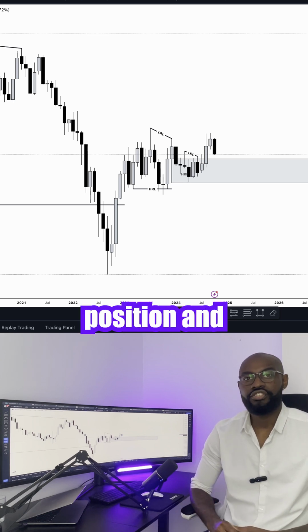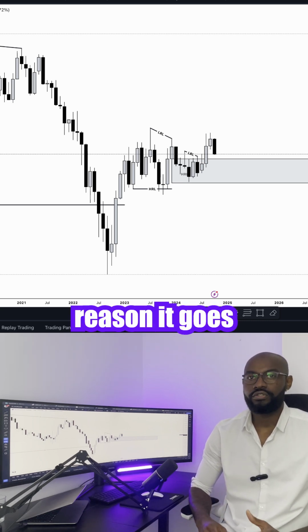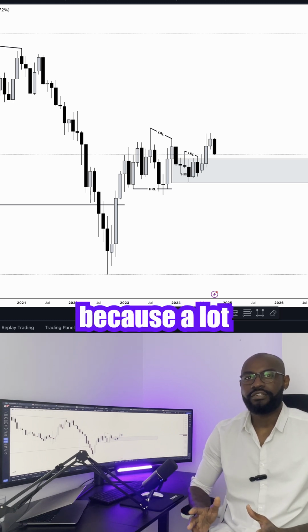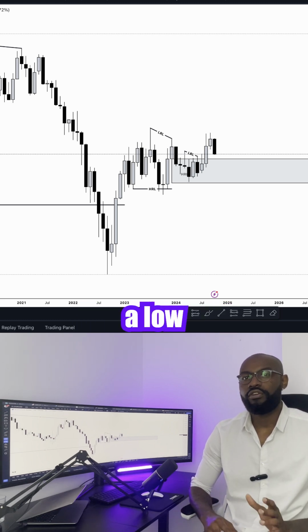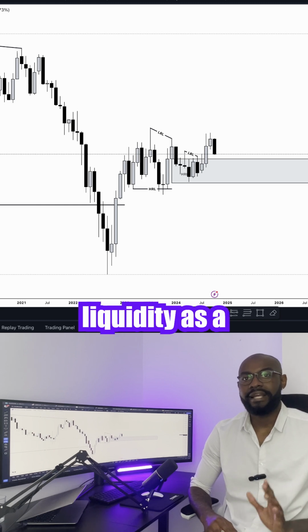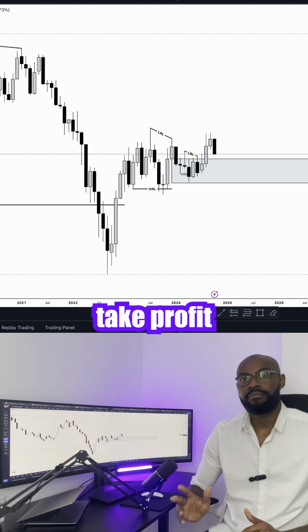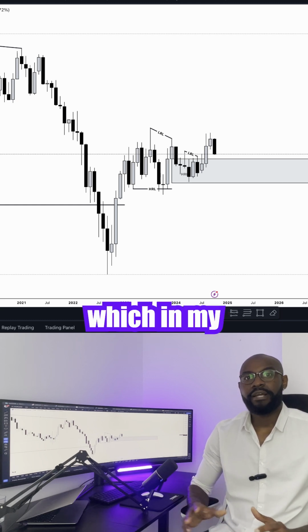Now, a lot of the time traders get into a trade and they're anticipating price to hit their take profit position, and for some reason it goes close to that, reverses, and goes straight to the stop loss. The reason for that is because a lot of the time they're using a low resistance liquidity as a stop loss position and a high resistance liquidity as a take profit position,